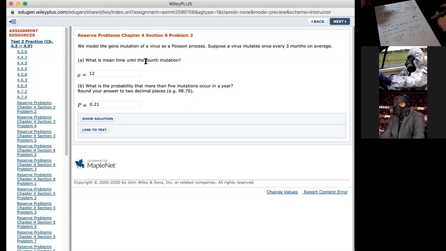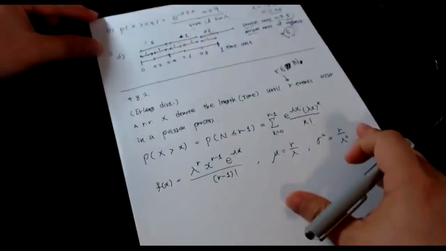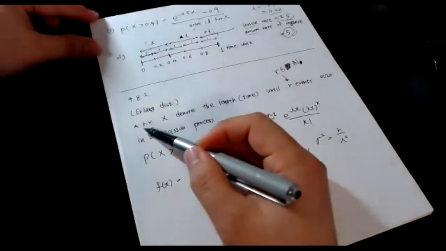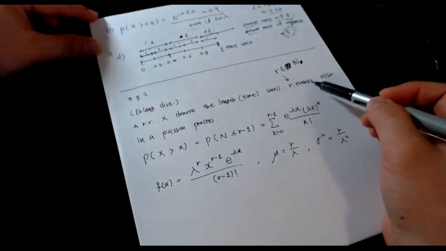Okay, that doesn't say that next, or that doesn't say that first, this is fourth. It means that r equals 4. So we have to apply the Erlang distribution, okay? So now, back to my note right there. The Erlang distribution, I told you, random variable x denotes the length or time until r events occur in